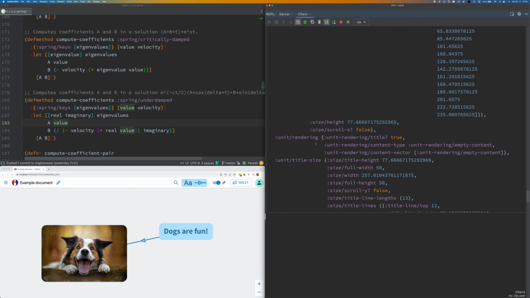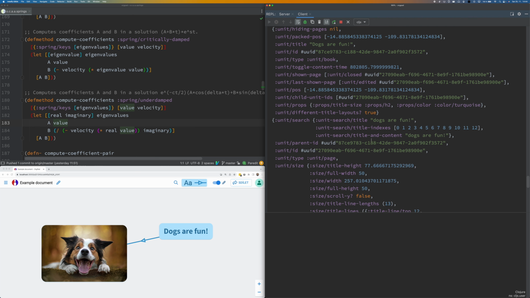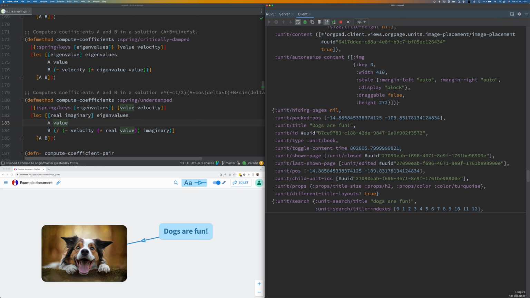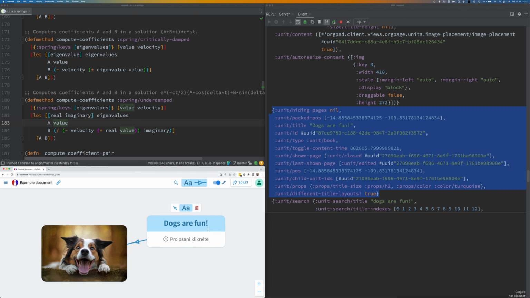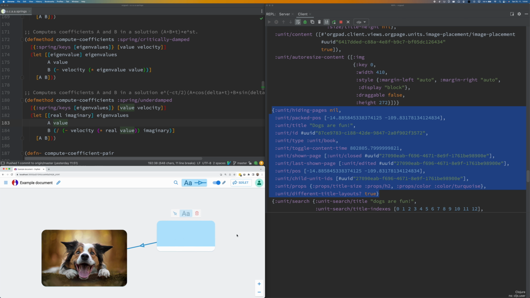And there is a lot of stuff, but for instance, there is this unit with the title "Dogs are fun." We just changed it. So this is the unit I care about. And if I just go here and write something else here, "really fun."